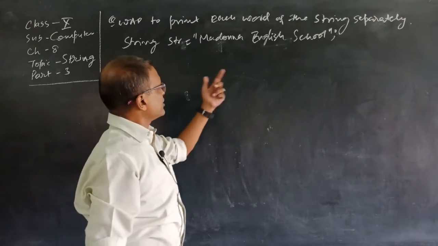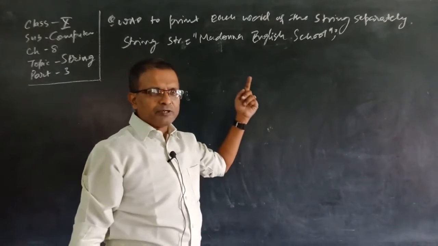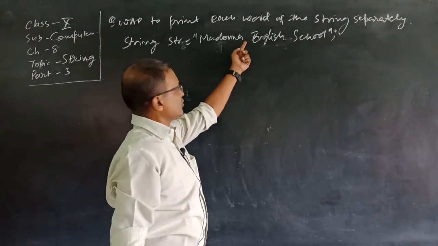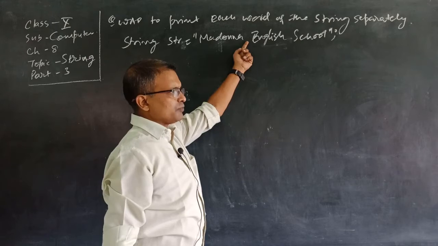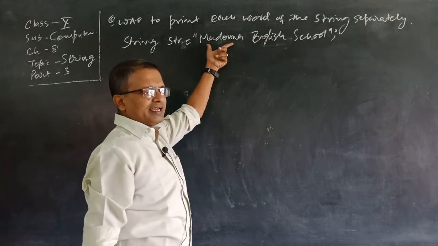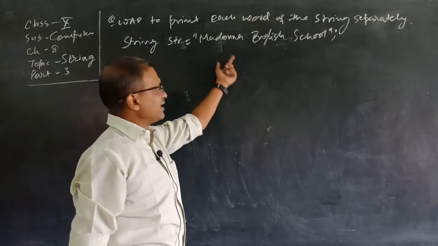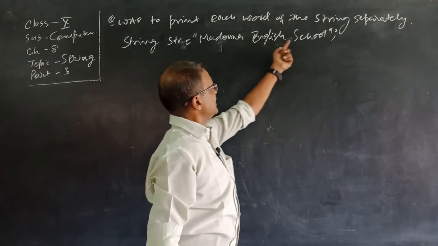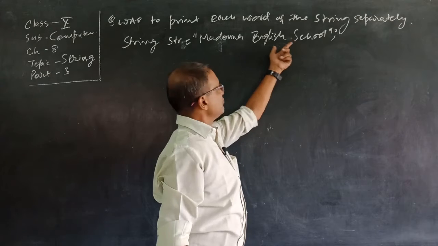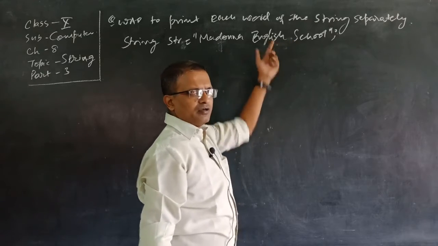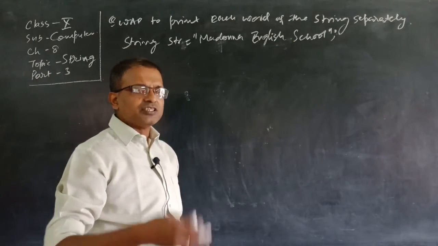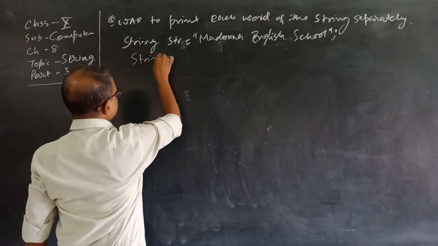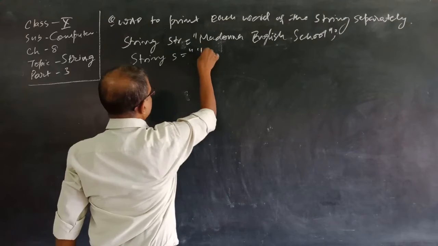First of all, we'll try to find the index of a space by using the indexOf function. We'll try to find the index of a space, and as we get the index of a space, immediately we'll extract the substring. Again, we'll find the space. After this space, the next space will be like this, and then we'll again extract this word by using the substring method. So this is our algorithm. This is our strategy. To store a word, declare one more string,